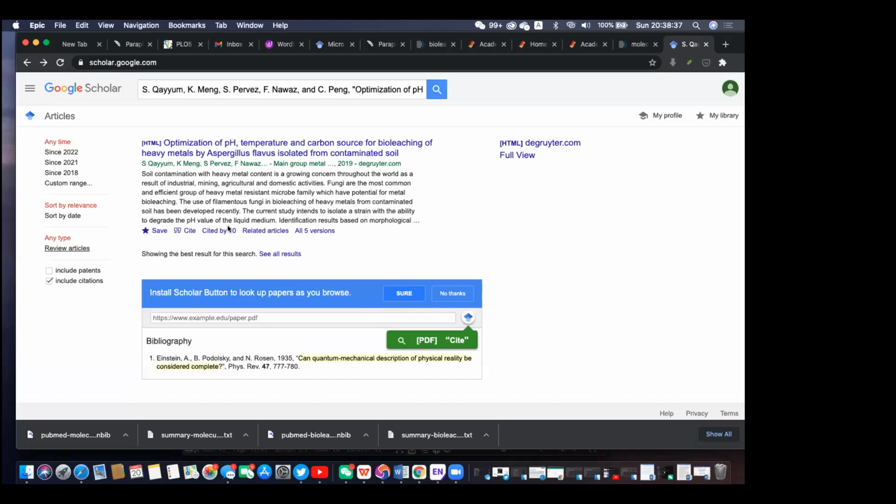You have it over there. But here, "cited by" means 10 people have cited this work in their papers. Yeah. So I also want to cite it because when I was reading, I realized